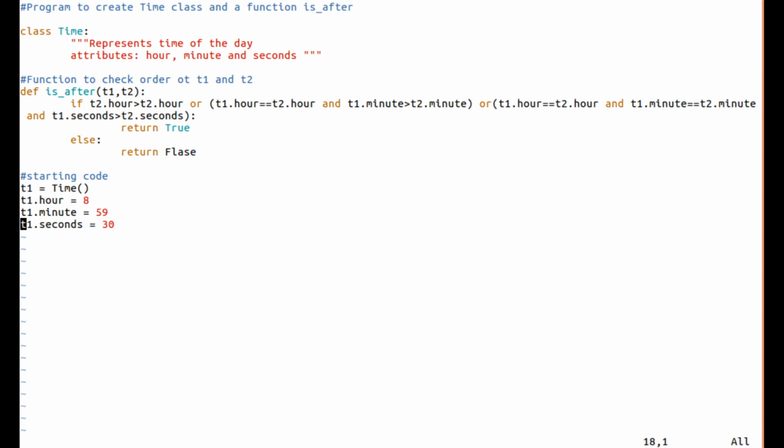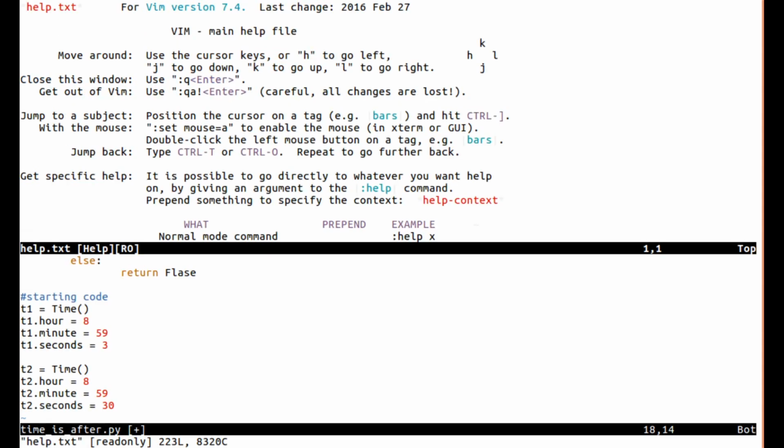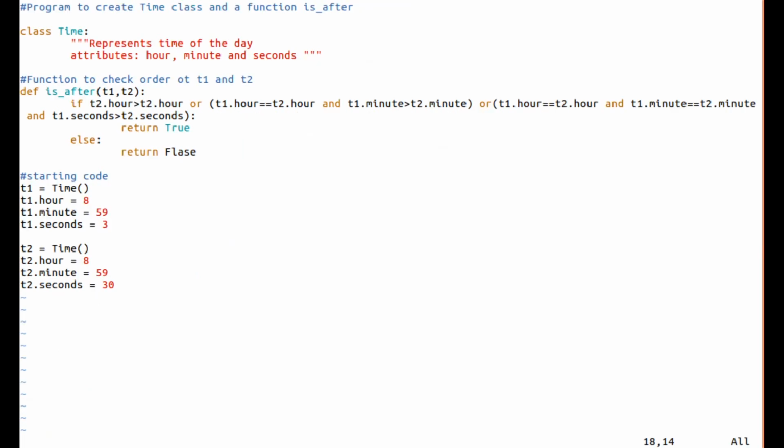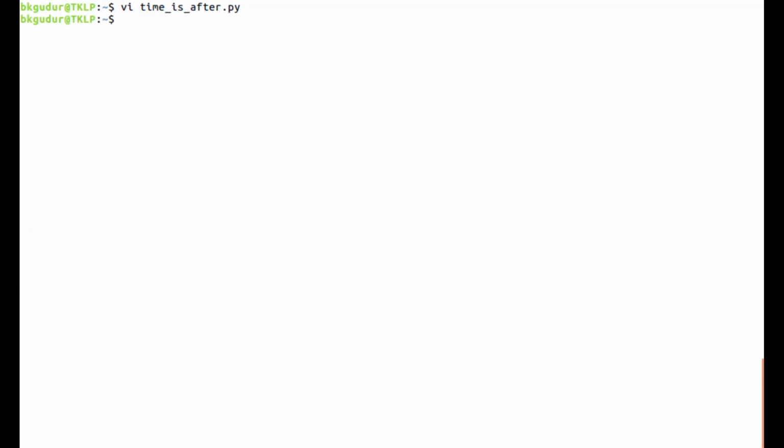And I'll type for the second object, this is T2, this is T2, and this is T2, and T1 I'll increase this. Now let us see.